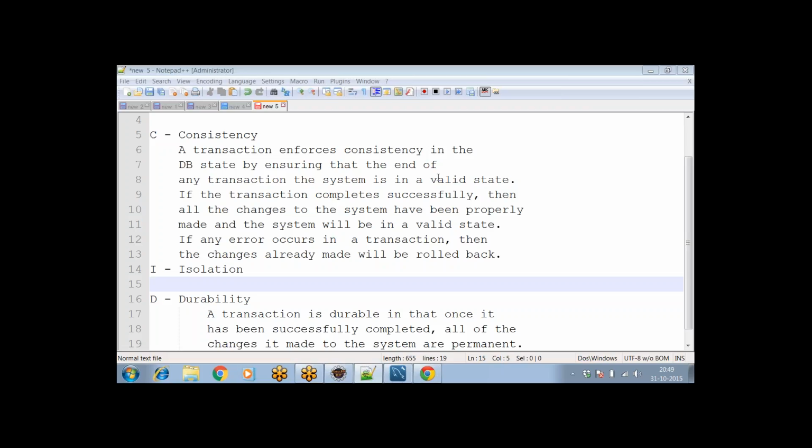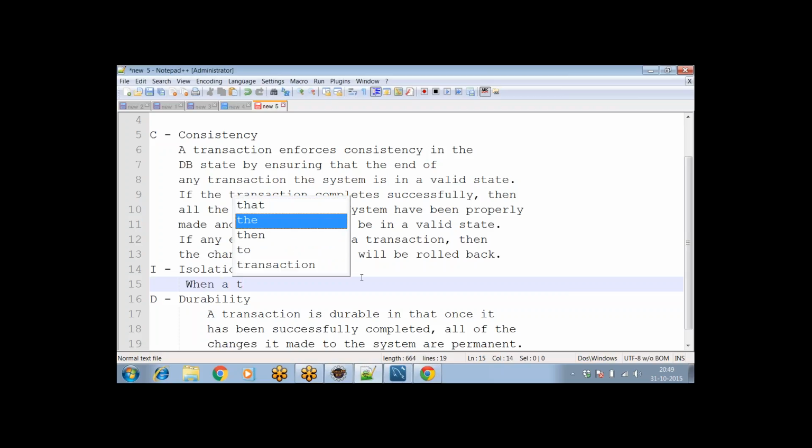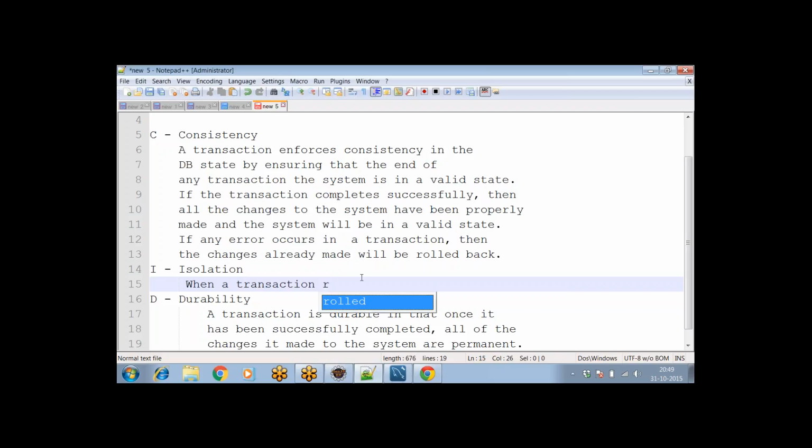So in this case here, in our transactions, we would like to isolate the transactions themselves. Make sure that the transactions execute in isolation, as if they are independent. So when a transaction runs in isolation,